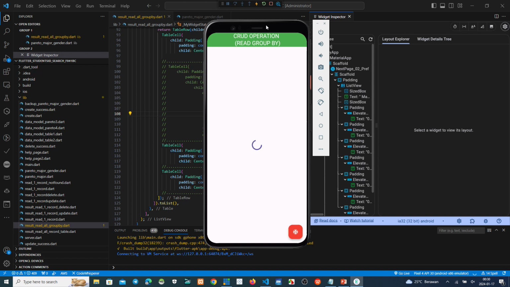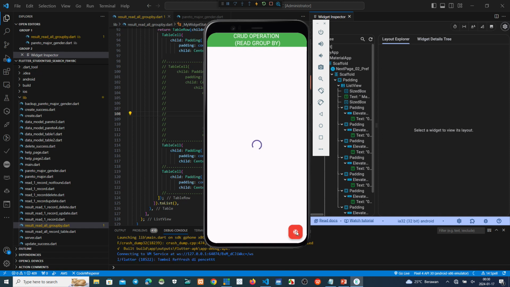Maybe the network is the problem, too slow. Usually if we click, the result appears directly on the screen in maybe 1 second.